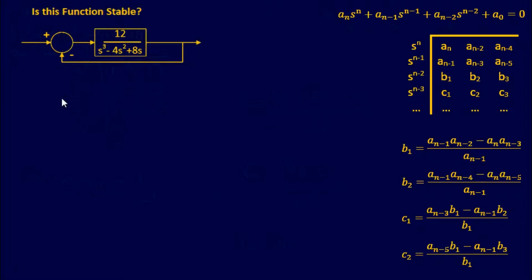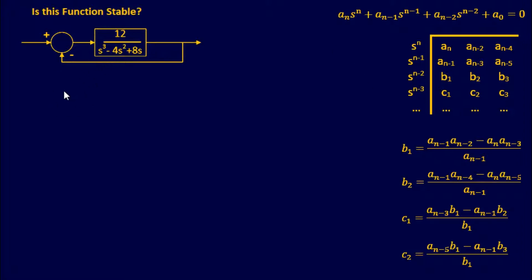All right, for our second equation, we're going to determine if this function is also stable, but we have a little bit more in the mix that we need to do this time. This one, we have a closed loop transfer function. Let's go through the steps. This one, we need to determine the closed loop function, determine the characteristic equation, and then populate our Routh table. First step,